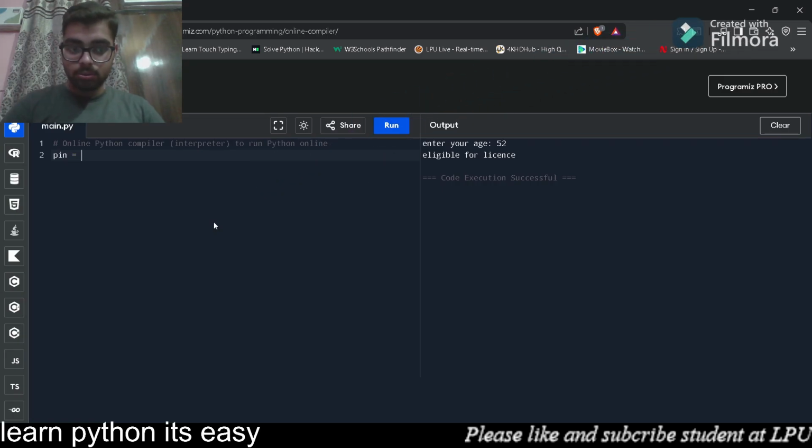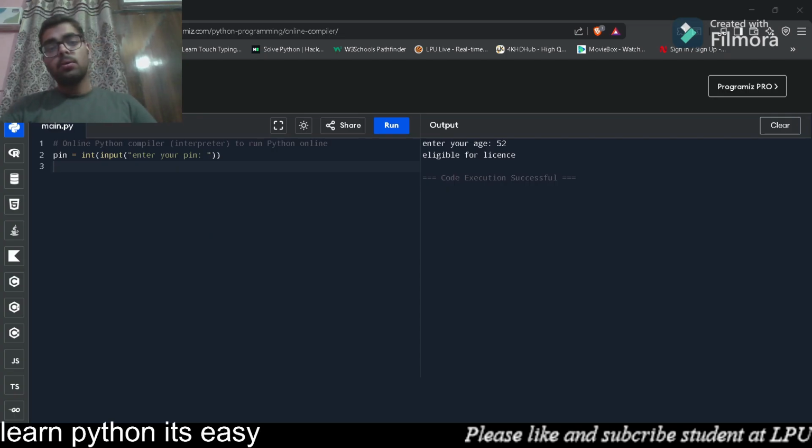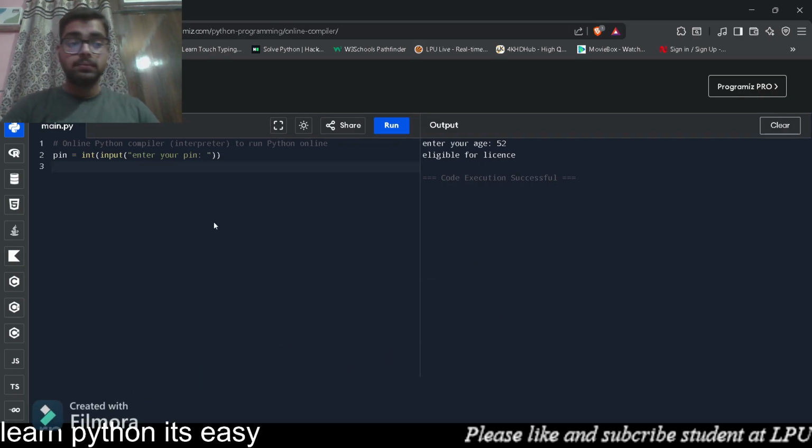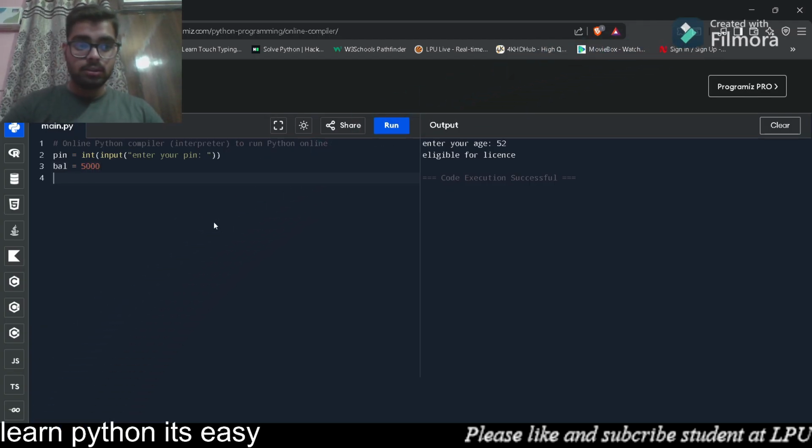So it will be pin equals int input, then enter your pin. Okay. So now let's just say my pin is 1234 and I have a balance of 5,000 rupees. So I'll just put balance as 5,000, pin is equal to 1234. So now I'll check my pin, if pin is equal to 1234,